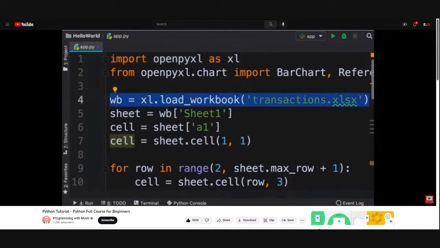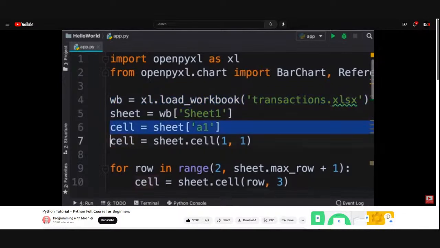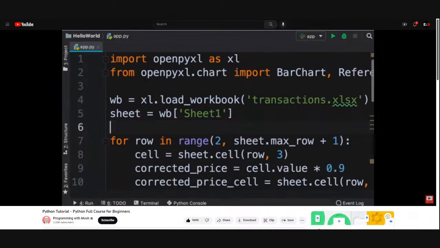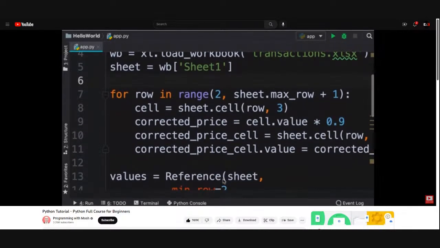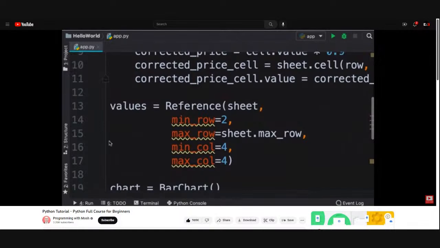So on line 4, we're loading our workbook. Then we're getting a reference to the first sheet. But we don't really need these 2 lines here. This was purely for demonstration to show you how you can access a cell. So let's delete these unnecessary lines. This is a very important practice. As you're coding, always look at your code, always review it. See if you have some code that is not used. Always delete those. Okay, next we're iterating over all the rows, fixing the prices, and then we select these values